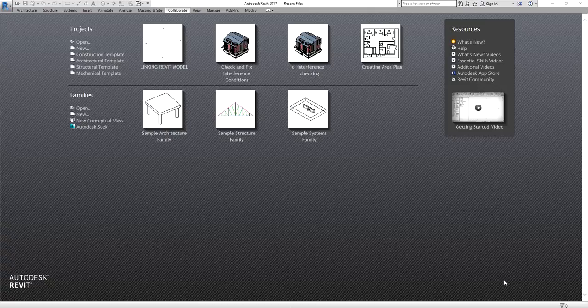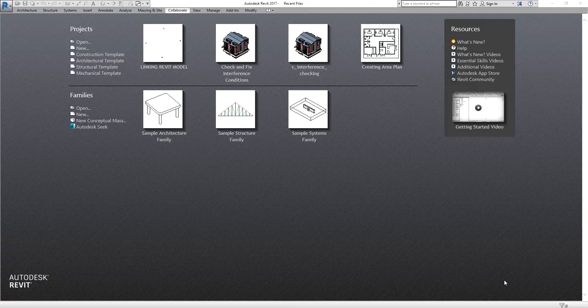So, about work sets. Work sets enable team members to simultaneously work within the same project by checking out groups of elements specific to their discipline or task. Work sets can propagate and coordinate changes among team members. Let's say, for example, you have a project that requires multiple team members to work simultaneously. It's much better if you activate your work set, so it will allow team members to work simultaneously within the same project.